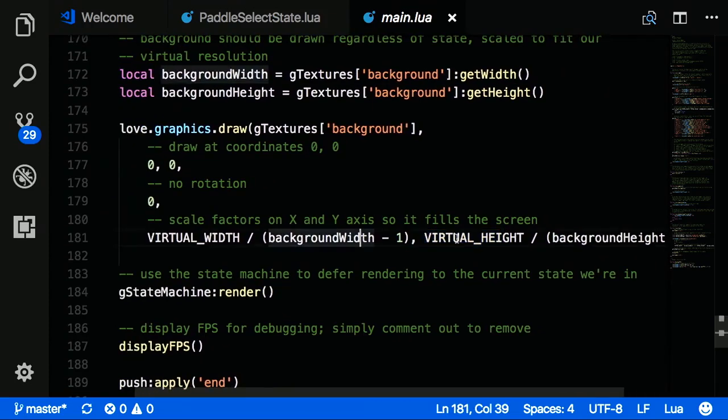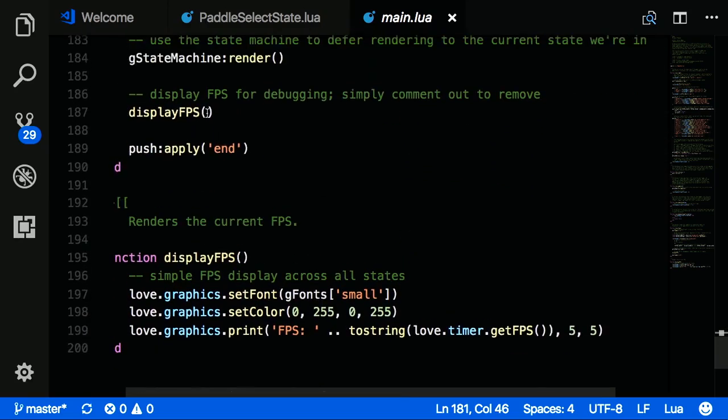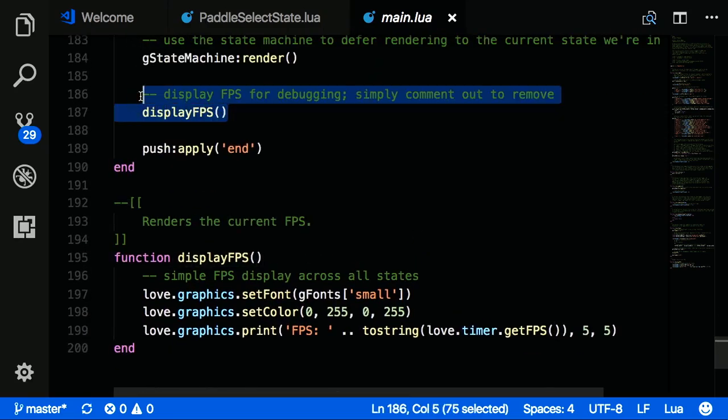And recall that these two parameters are the scale on the x and the y. So it's going to be something like 1 point something or 2 point something, whatever it takes to end up filling the screen. And then lastly here, the new bit I implemented is just a display frames per second function,